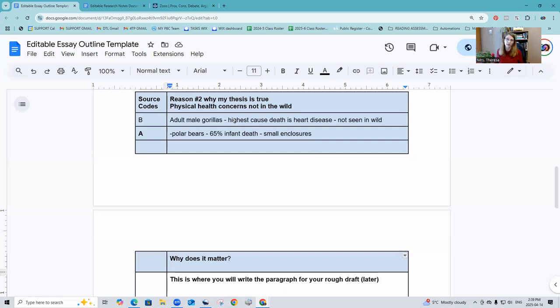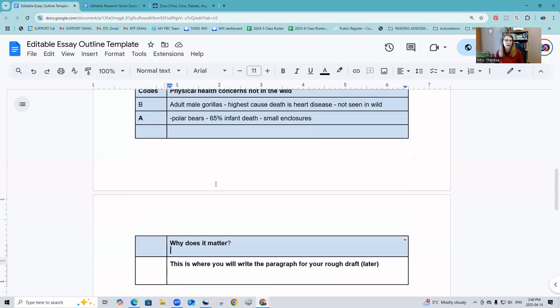What other things are different? So things are not equal. So the research might not be accurate. So we might talk about polar bears, right? And we might talk about that and then give the fact, talk about the fact, give the fact, talk about the fact. We don't want to just plop down facts and let our reader come to their own conclusions because you never know what they're going to come up with, right?